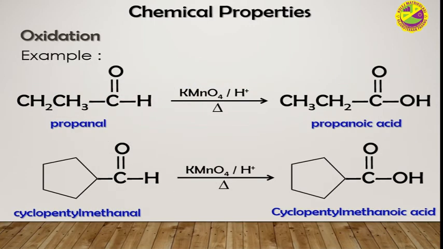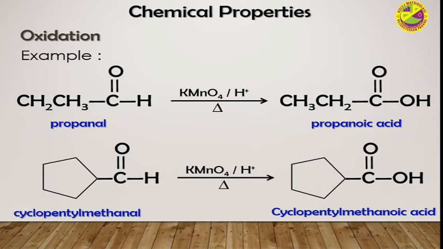For example, we have propanal. If propanal undergoes oxidation, the CHO will turn into COOH, which is a carboxylic acid. The same goes for the following example, cyclopentylmethanal. If cyclopentylmethanal undergoes oxidation, the carbonyl part will oxidize into carboxyl part, and the product will be